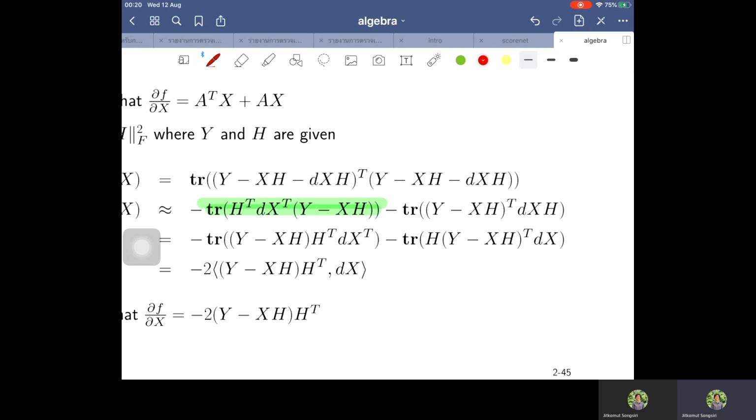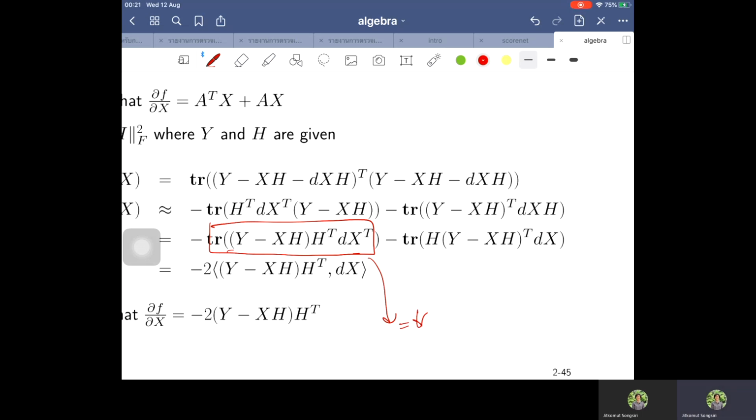Then you use, what? You can use the fact that this is the circular property. Okay, you just move this guy to the front. This is the circular property. Okay, and then from this one is what? This one is